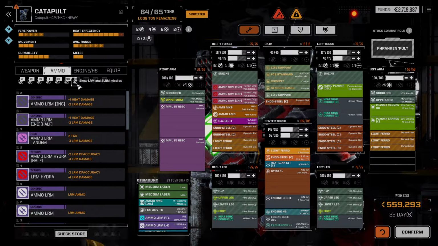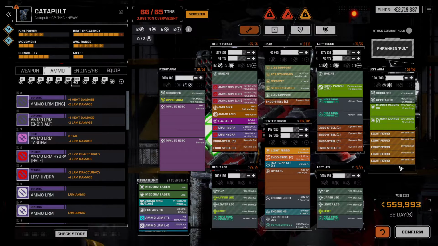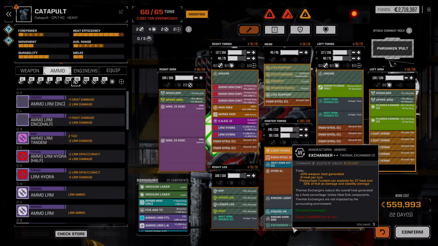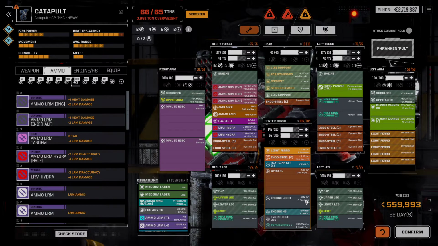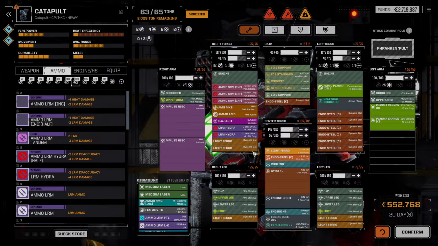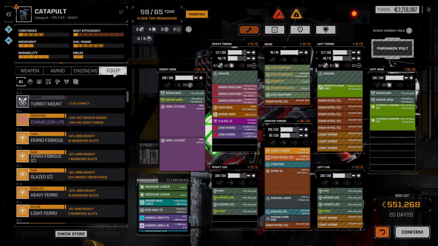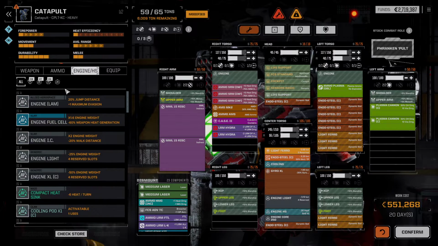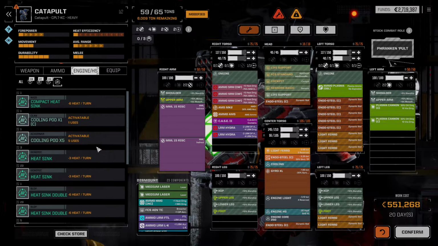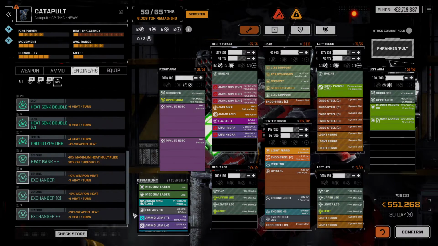How do I get 2 tons of Hydra out of this? LRM Hydra, LRM Hydra. 1 more full ton. Where does that come from? I could go to the prototype double. That is an option. Pull that off. And if I do that, we pull the exchanger out, as was pointed out in the comments, which I do read, all of them, and they generally have some really great ideas, which is super helpful. So we go over to the clan exchanger instead,